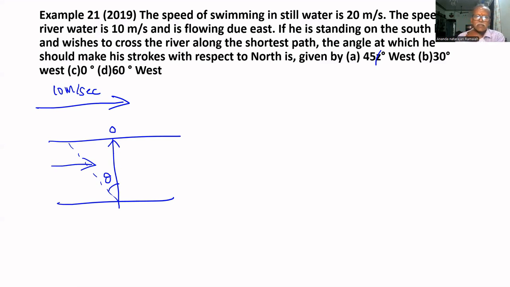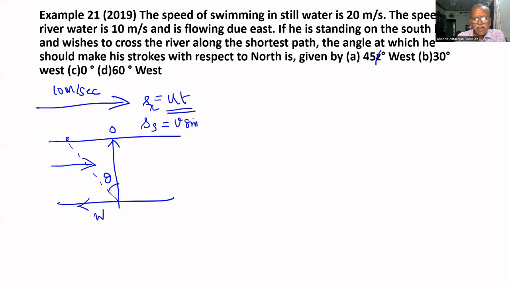This is the question. Here we know that the river will displace u t. The displacement by the river is s_r equal to u t. Suppose t is the time taken to cross the river, which means the river displaces a distance of u t. In the same time, what is the displacement along the west direction by the swimmer? That is equal to